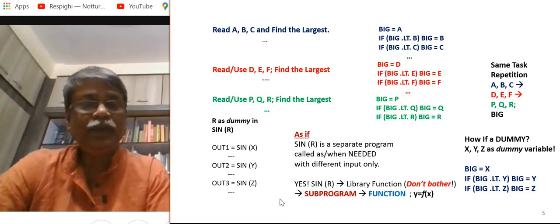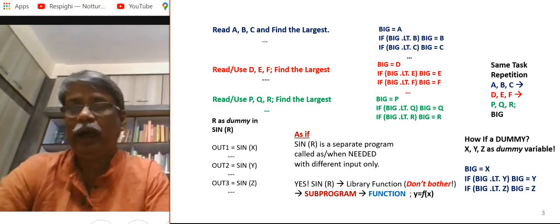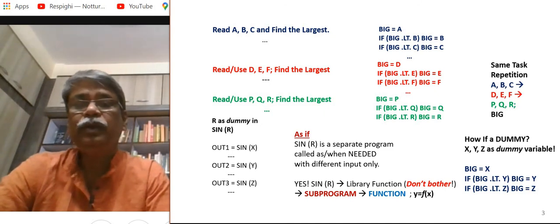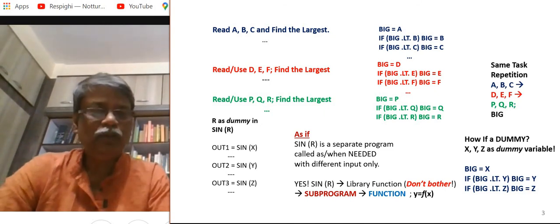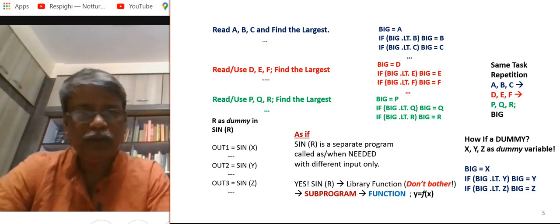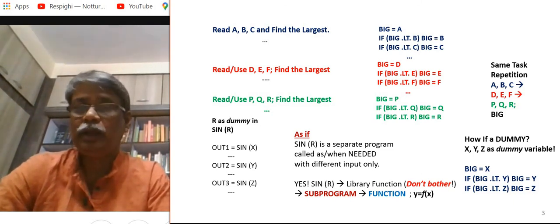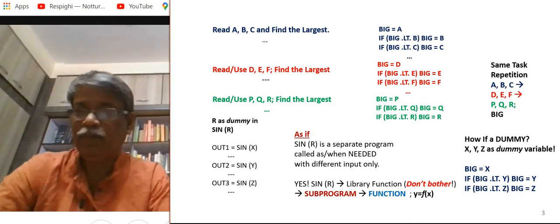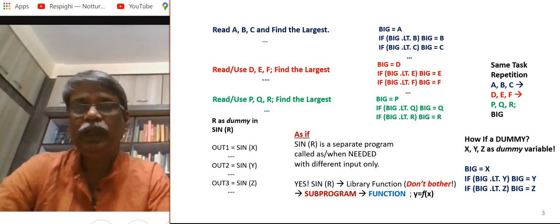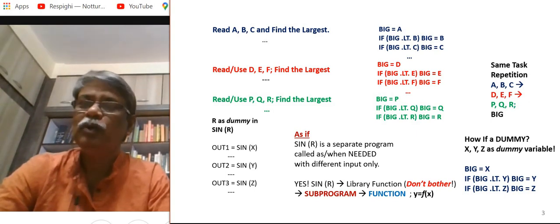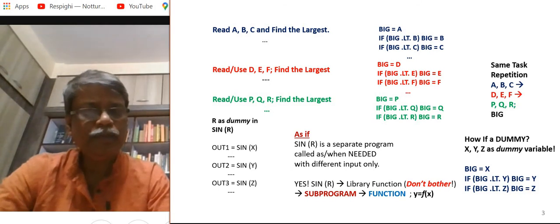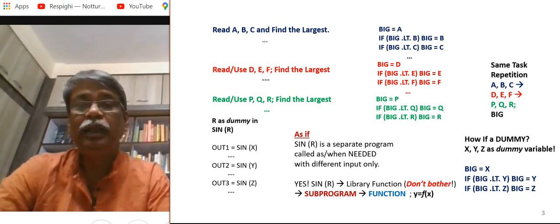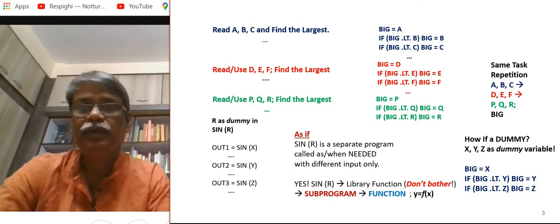So is it a separate program? Yes, sine R. In fact, we know it as a library function. Okay, we just don't bother how the library function executes to evaluate the value of sine. It's the compiler's job. They have provided us this library, so we are using this library function. Actually we also call it a function, because it is a subprogram, as I mentioned, and the name of this kind of subprogram is called